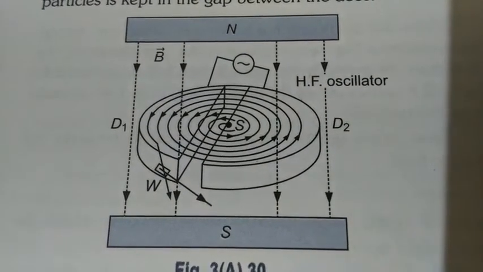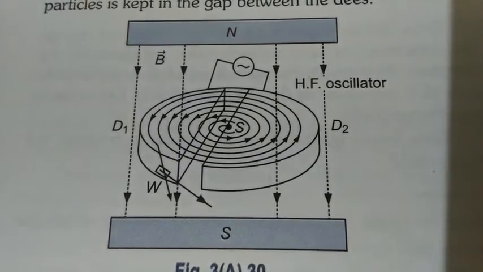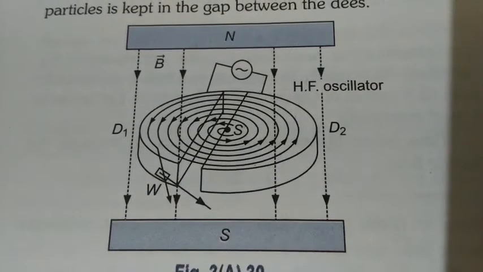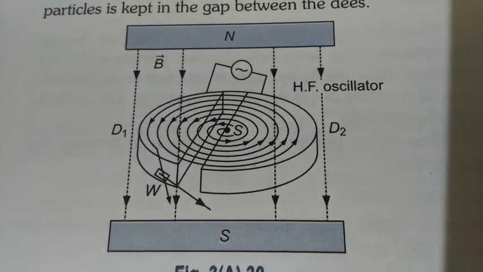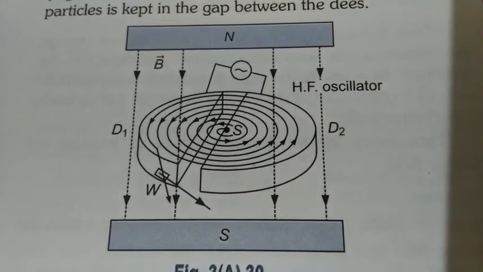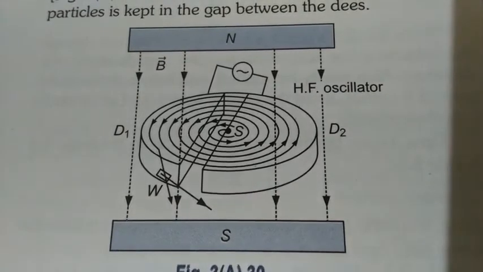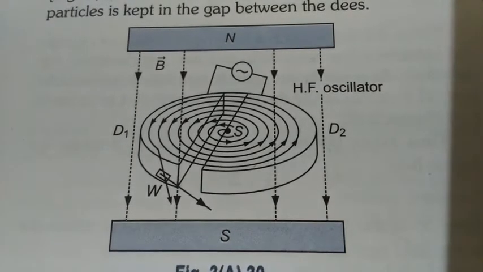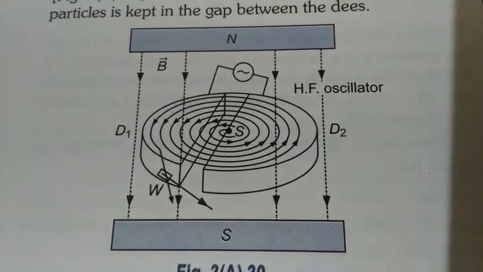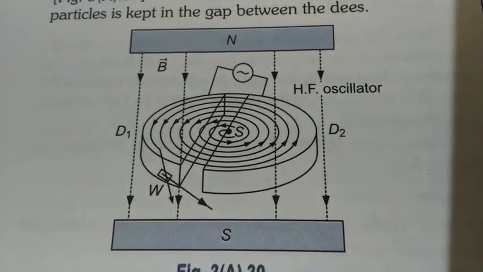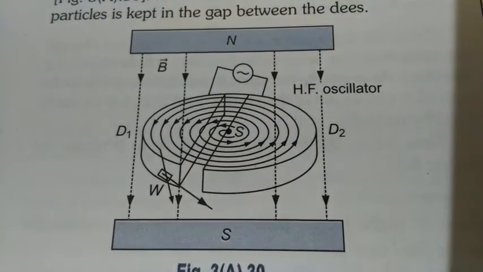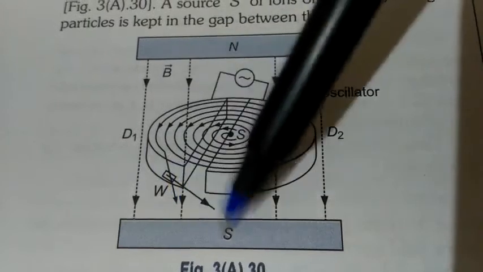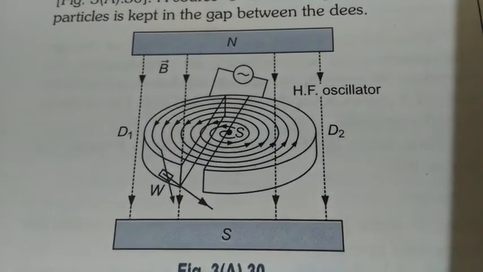Now I hope you all have understood the working of cyclotron. Here only two main important things are there: when the particle starts moving, because of magnetic field its motion becomes circular, and because of electric field its velocity, or we can say the energy, slowly increases. The particle gets accelerated, and that's why the radius slowly increases, increasing the energy of the particle more and more, and then the high energy particle comes out from the window and strikes the target. So this is the working of cyclotron.